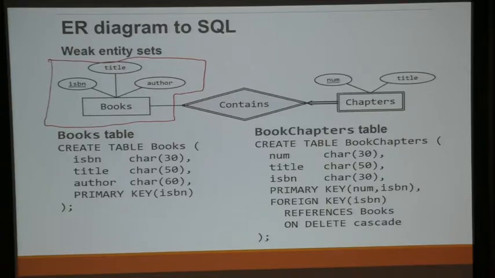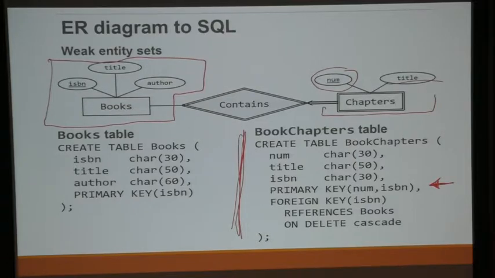This particular entity set is a weak entity set, which means that the num here cannot uniquely identify the title. Okay, that is based on the definition of the weak entity set. So although it looks similar to the second approach, the subtle difference is here. The primary key for this combined table is not just going to be num, it's going to be both num and ISBN.